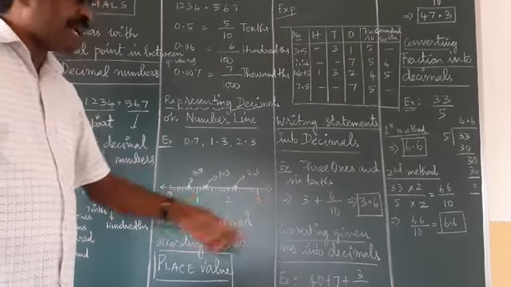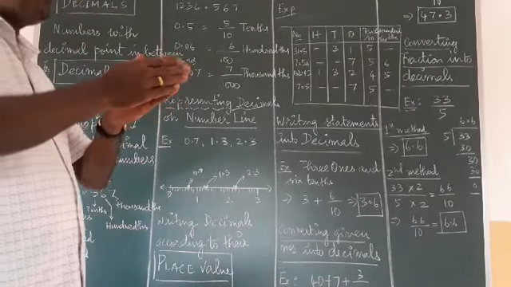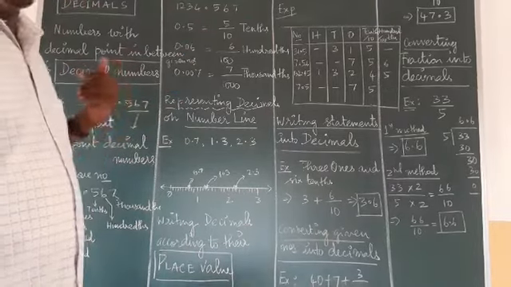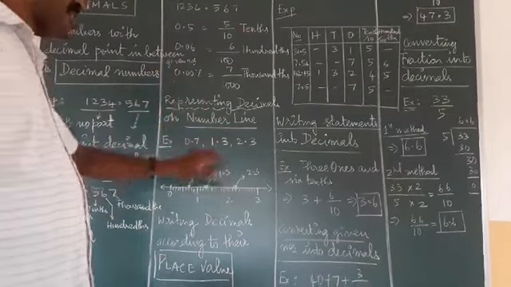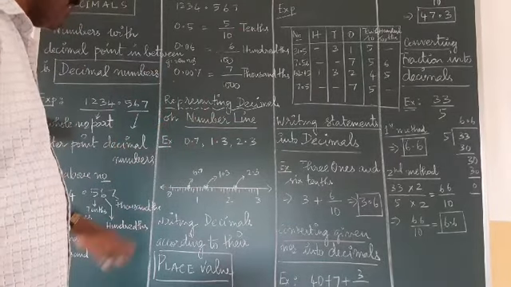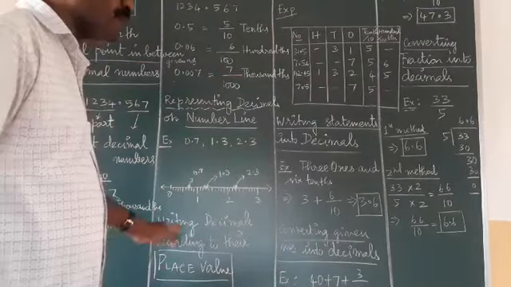So I have drawn one number line. You know about the number line. It starts with 0 in the middle, with positive on one side and negative on the other. The right-hand side will be positive, the left-hand side will be negative. I have taken positive numbers. So what I have done? From 0 to 1, 2, 3, I have taken a 1 centimeter scale on the number line.